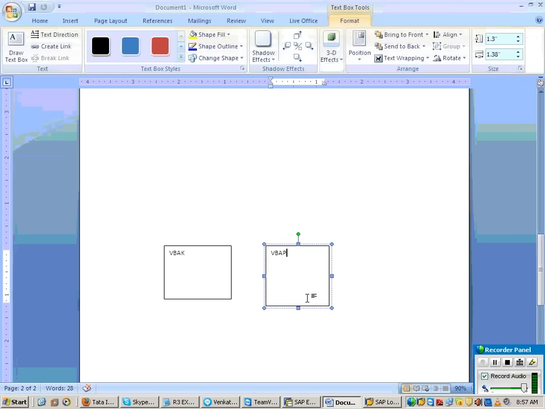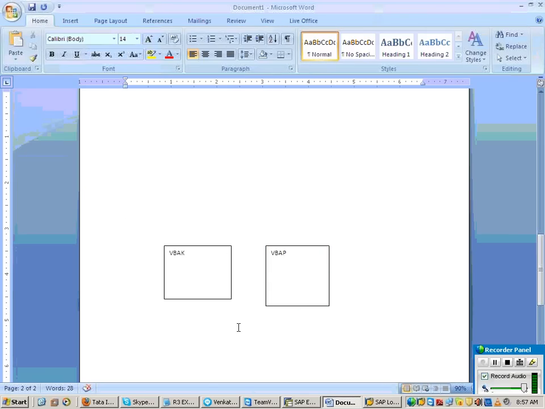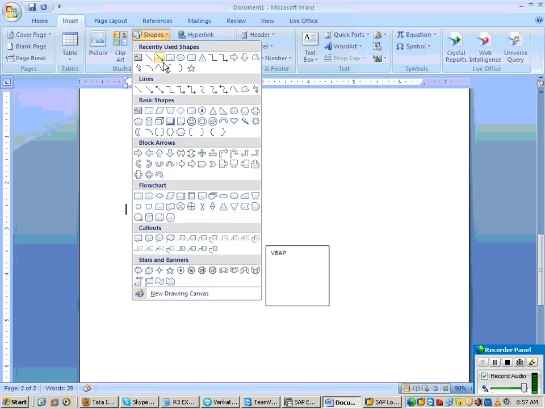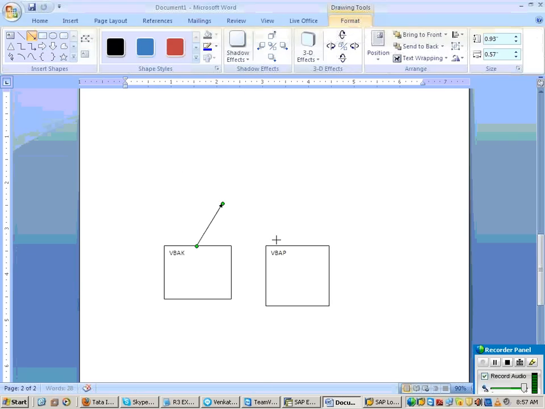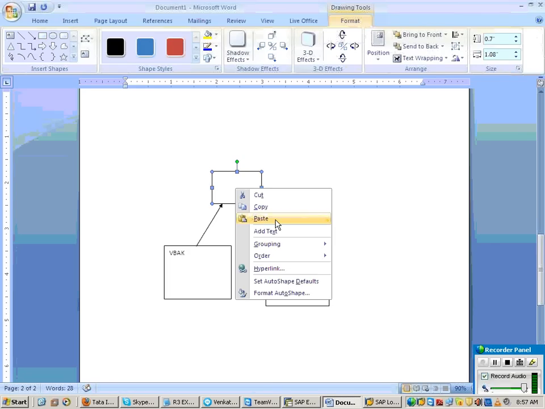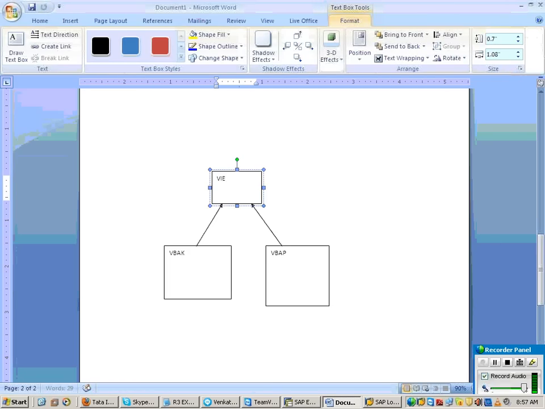Now, what I will do on the R3 side, on these 2 tables, is create one view. Then, while creating a data source, I will not give any table name.